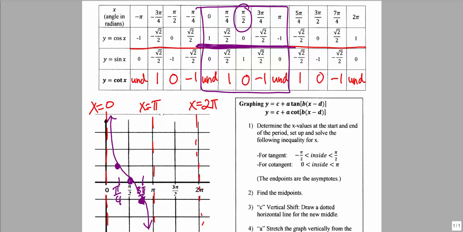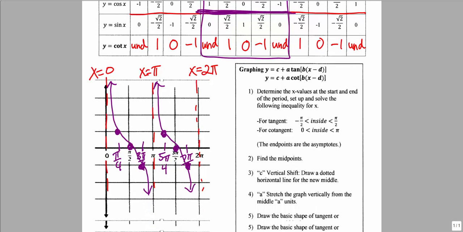Let's see here, at 3 pi over 2, we were at 0. At 5 pi over 4, we had a cotangent value of 1. And at 7 pi over 4, cotangent value of minus 1. So cotangent repeats itself every pi units, and there are asymptotes at all of our multiples of pi. Now when we go to graph tangent and cotangent,